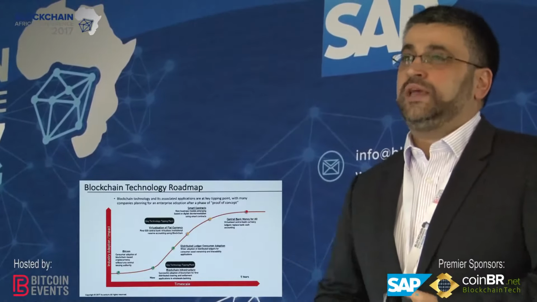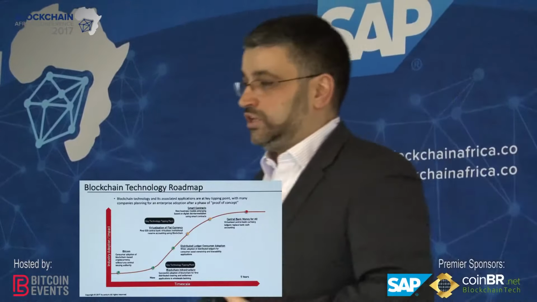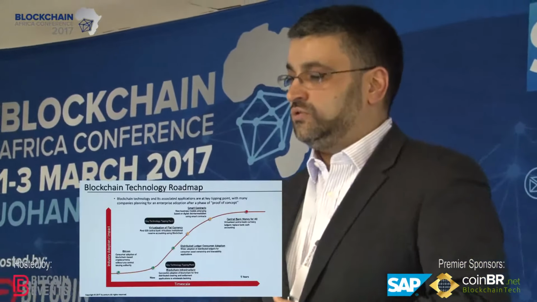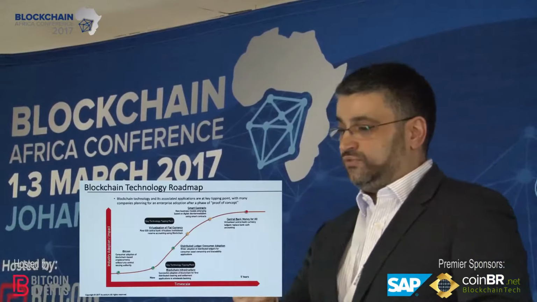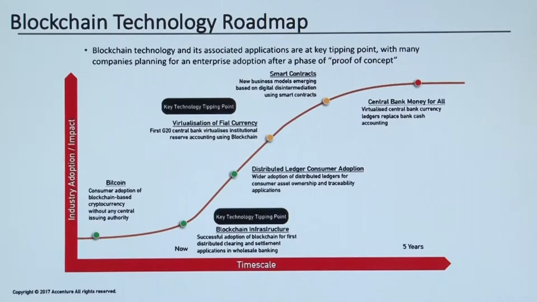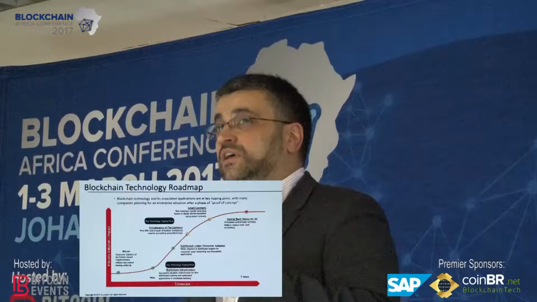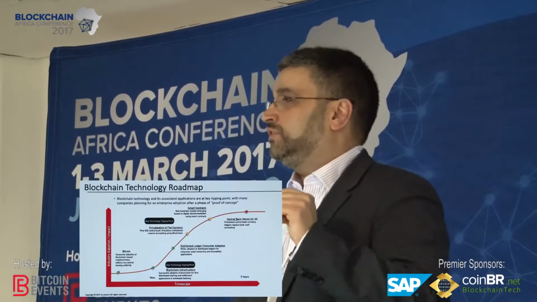And what do we mean, from a central bank perspective, that this is a tipping point for blockchain or distributed ledger technology? So we painted this picture, this journey, with 6 points that you have there, from now to 5 years into the future. There are two key tipping points. One is around the blockchain infrastructure, things starting to come together when we talk about clearing and settlement, and there are a lot of people working on this problem. I think we're definitely not there yet, but we will get to that point in the very near future. The next one is the virtualization of fiat currency, specifically with a G20 country, because I think that will be the true tipping point of this technology.